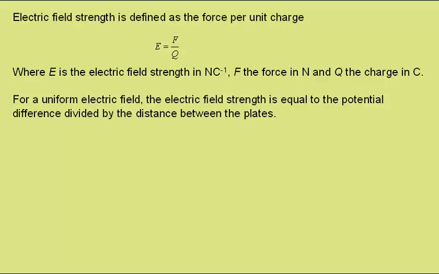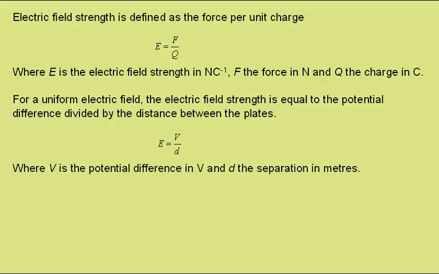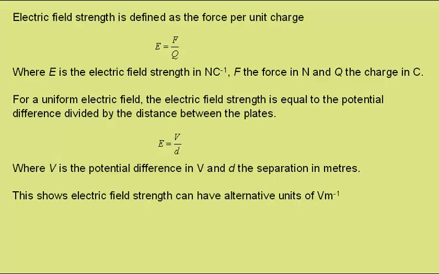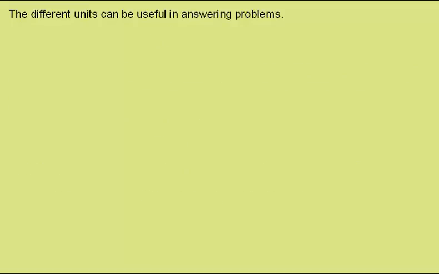For a uniform electric field, the electric field strength is equal to the potential difference divided by the distance between the plates, which we can write as E is equal to V over d, where V is the potential difference in volts, and d the separation of the plates in meters. This shows electric field strength can have alternative units of volts per meter. The different units can be useful in answering problems, because there are two different ways of thinking about an electric